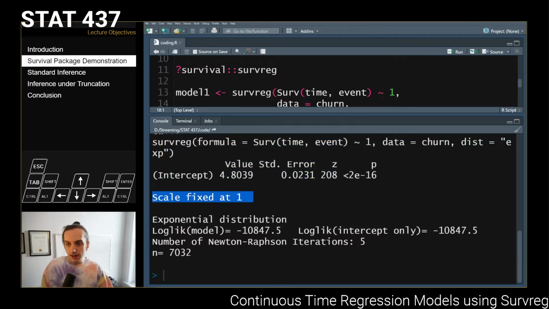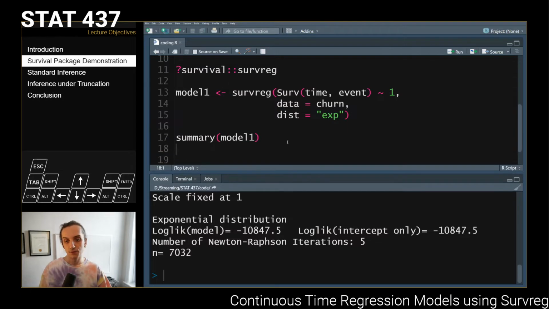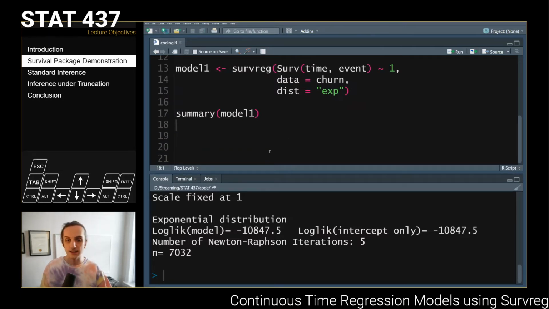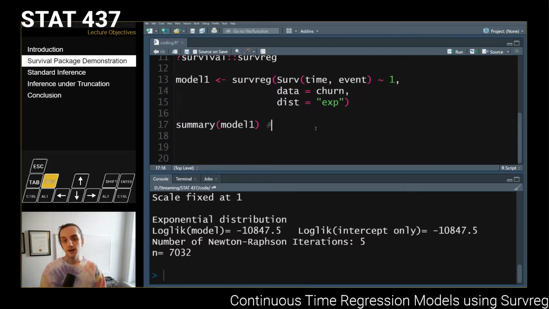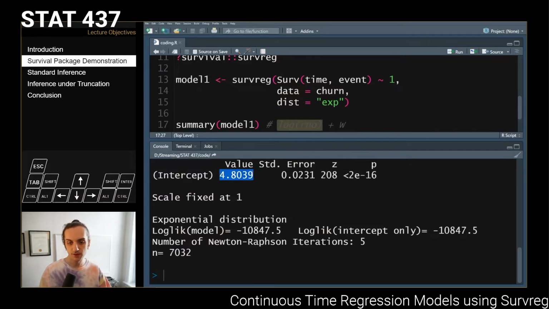Okay, so that's essentially the idea here, is that we've fixed the 1 parameter and we get a maximum likelihood estimate of the other parameter. Now, if you remember back from when we were looking at the table, in the exponential distribution, we actually sort of saw that it was log rho plus W. And so what that means is that our coefficients have to do with this log rho. And in particular, we've estimated